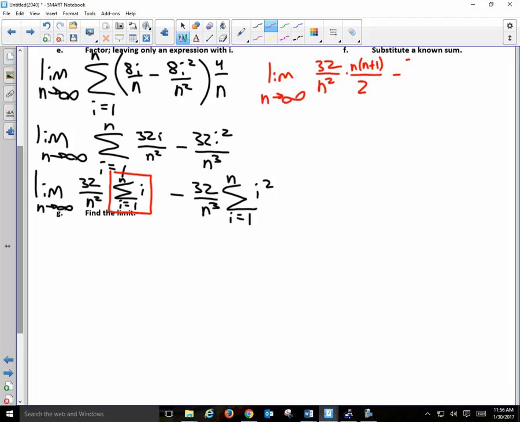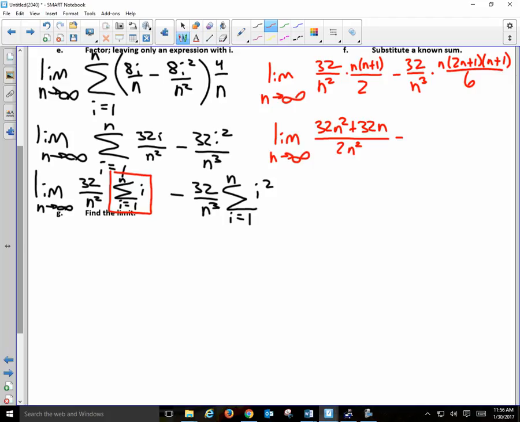Minus 32 over n cubed times, or the limit as n goes to infinity. What's the top going to look like for the first part? 32n squared plus 32n over 2n squared. Minus,